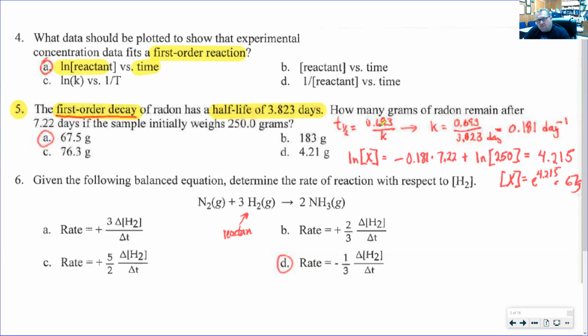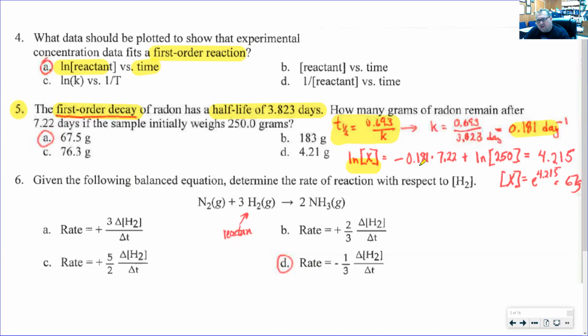So from that, we could use a first order reaction and find out what K is. So the half-life is equal to 0.693 divided by K. And after I solve that, that tells me the value of K is 0.818 inverse days. And then knowing that, I could go in and use the equation for the integrated rate law to find out what X would be at this period of time.